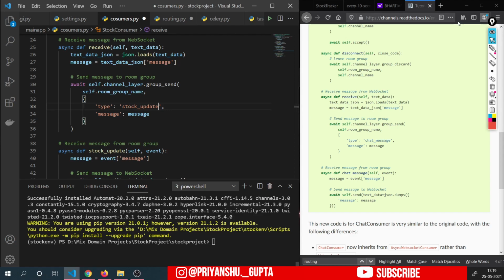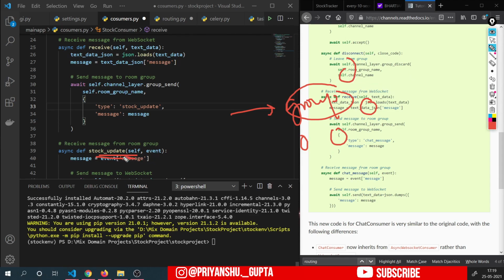So basically what will happen is Celery will use one broadcast method and send the data to this group, to which all the users will be connected. And then we will use this function that is called stock update, because for each user one separate object will be created here that is specific to that user's WebSocket connection.